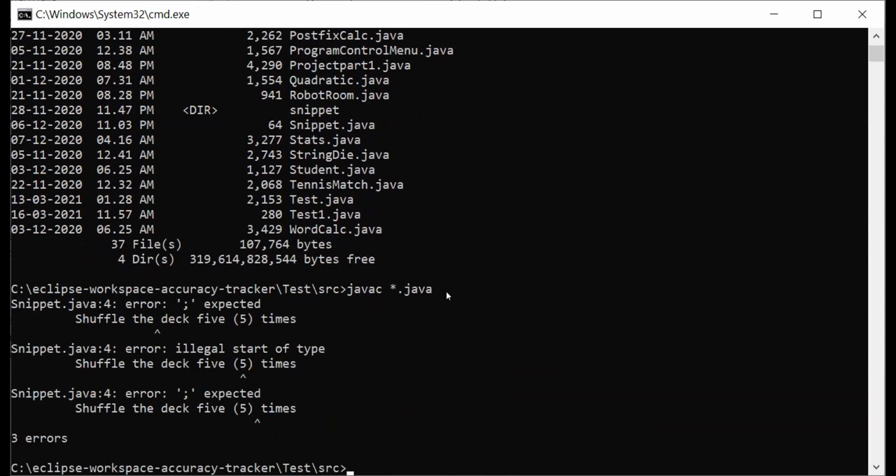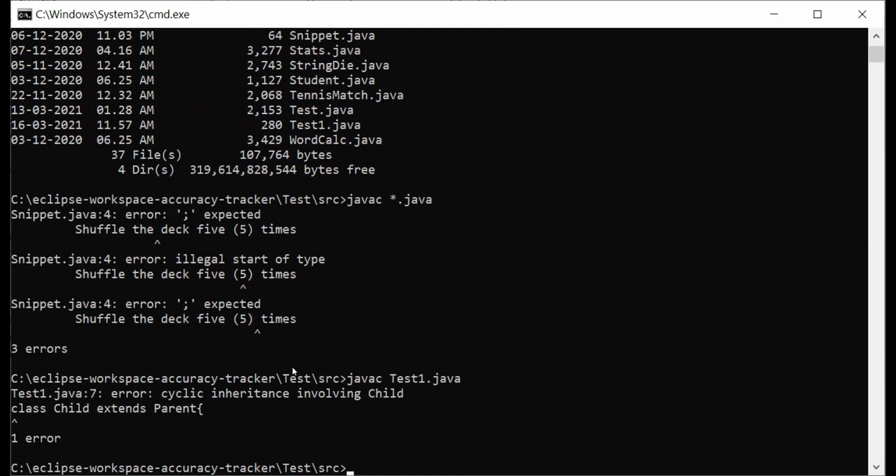There are some issues with some classes, like the shuffle or the deck class, which is basically not correct and has some compilation errors. So I'm working with test1.java. When I'm trying to compile it, what I'm getting is cyclic inheritance involving child.